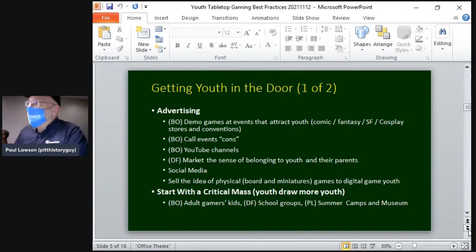Two, call events cons. Even if you're having one every month, one every couple months. And I will defer to our youngest member here. The experience I have in my youth group is that con is a very marketable term. I would say there's a lot of flexibility you can use with it if you use the right